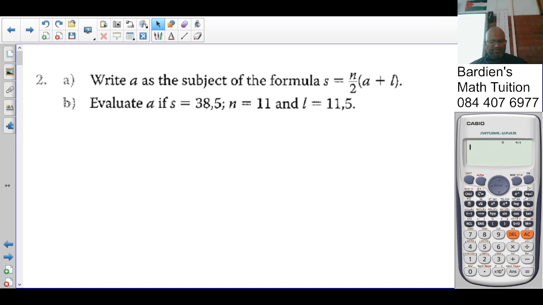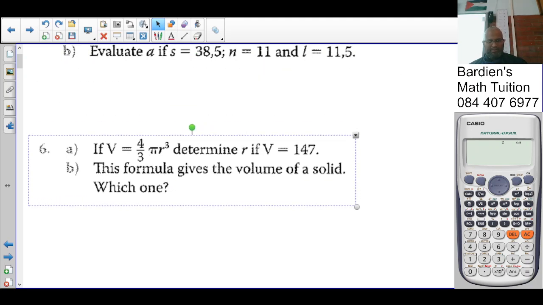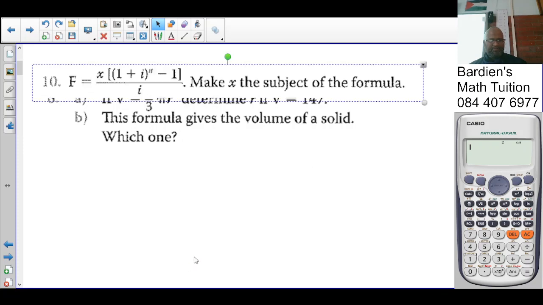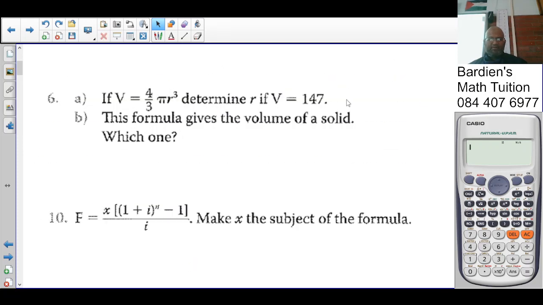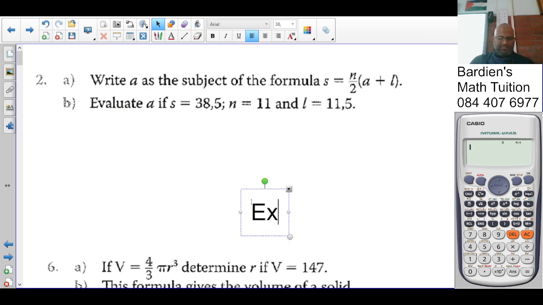I must go back. Number 6. Number 10. This is exercise 4.4. Page